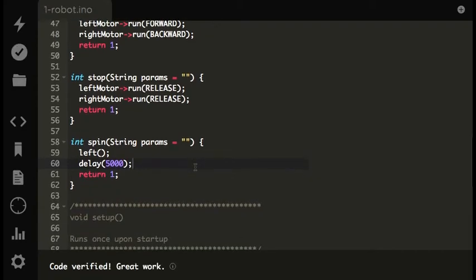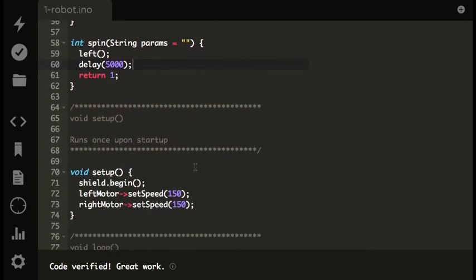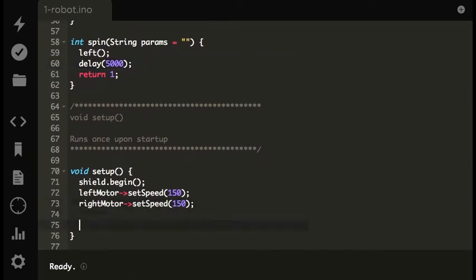Once that's verified, the next thing I need to do is, in the setup method, expose the function to the web by calling particle.function, and then inside of quotes I'm going to give it a name which will match the actual function name. The first parameter before the comma is the name as it's going to appear on the web. The second parameter after the comma is the actual function itself. Now you could change this to something different if you wanted to, but it's helpful to keep it